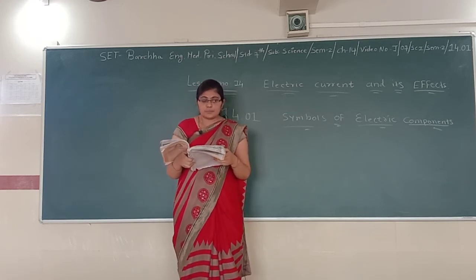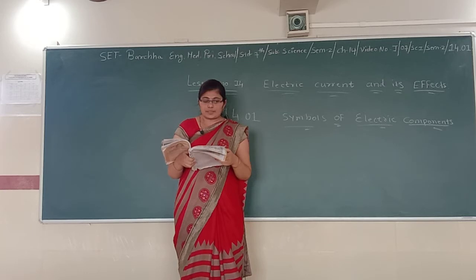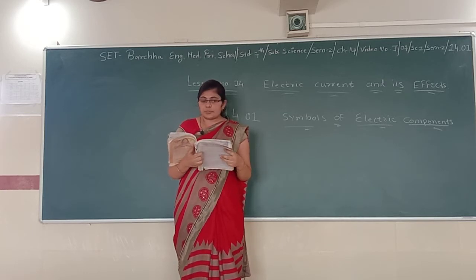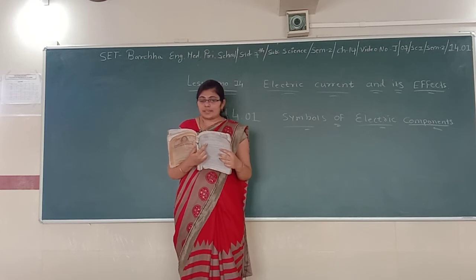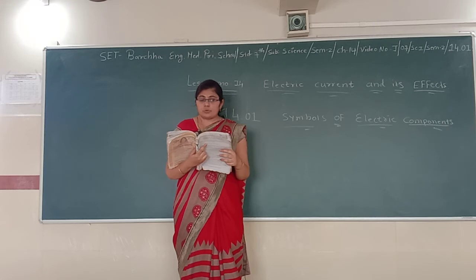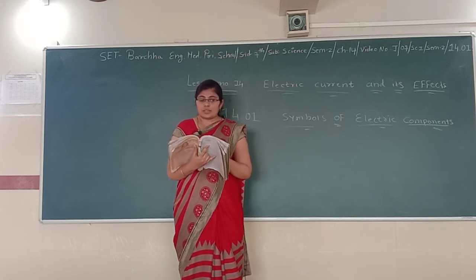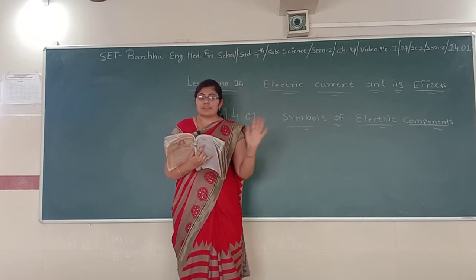You can also buy the cell holder from the market for making batteries of two or more electric cells. Place the cells in them properly such that the positive terminal of one cell is connected to the negative terminal of the next cell. Connect a piece of wire to each of the two metal strips on the cell holder as shown in figure 14.5. Your battery is ready for use. This way your battery is ready.